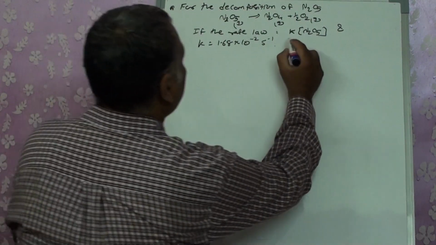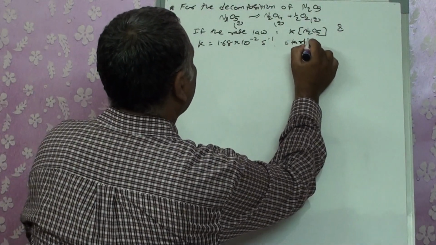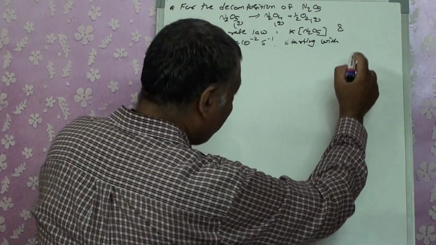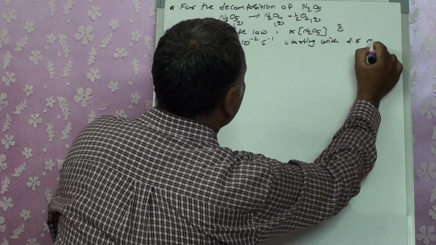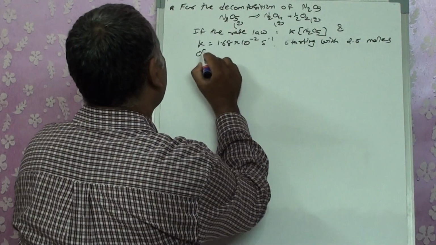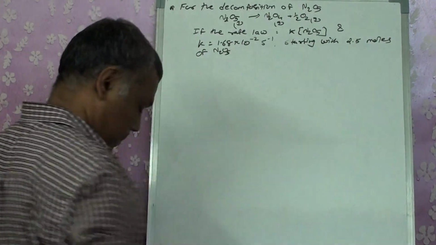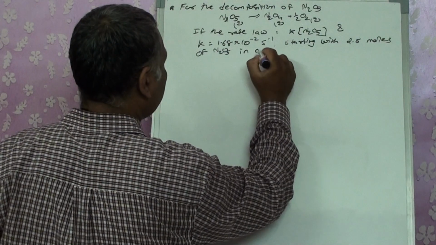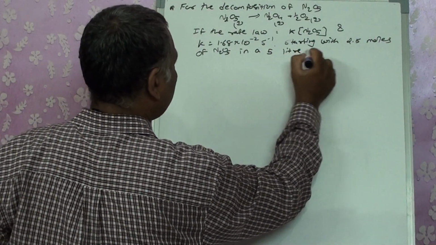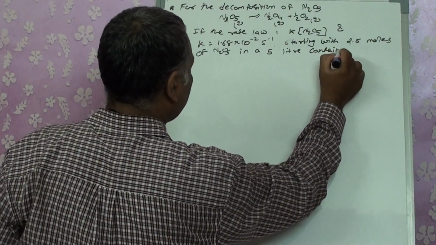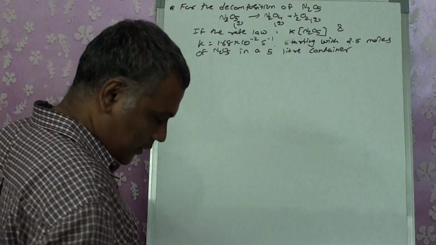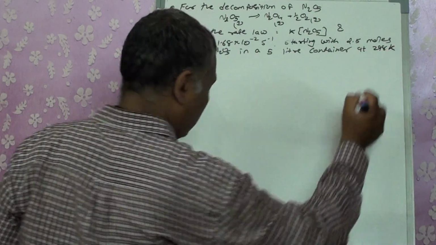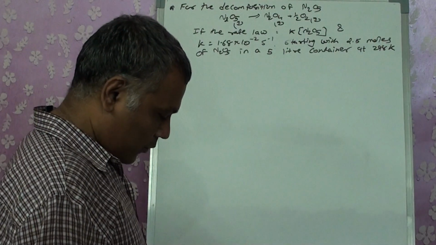Starting with 2.5 moles of N2O5 in a 5-liter container at 298 Kelvin. How many moles of N2O5